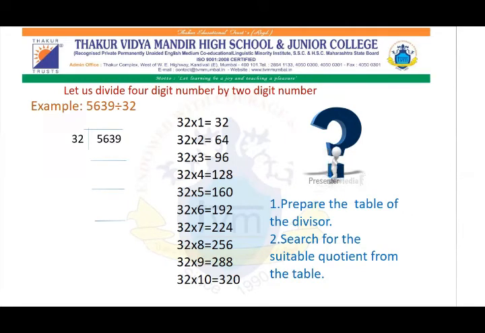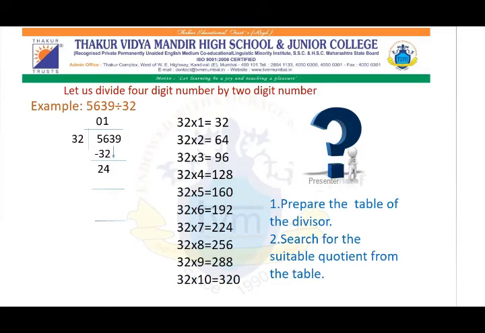5,639 divided by 32. Now here, as we start multiplication from the unit place, division will start from the highest place number, that is 5,000. So we'll start from 5 here. But can you divide that 5 by 32? 5 is a very small number, right? So we'll put 0. We cannot divide 5 by 32, correct? Now the next number will continue as 56. Can you divide this 56 by 32? Yes, I'll search for it in the table. 32 ones are 32. So I'll subtract that. The answer is 24.